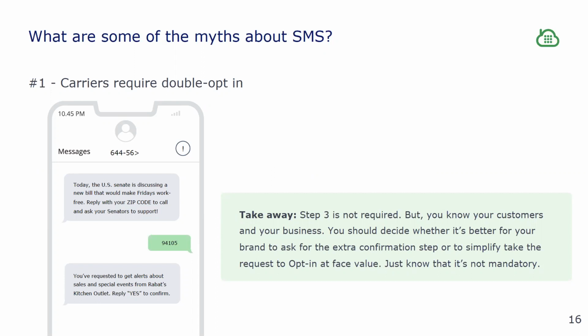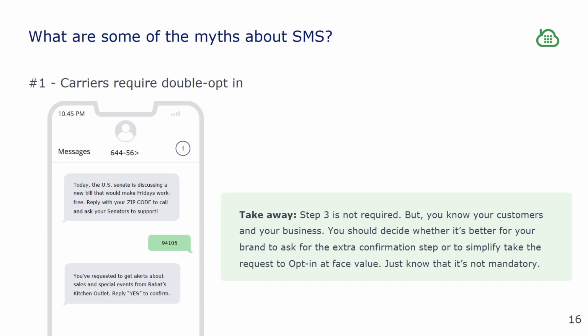So this is definitely not a mandatory requirement by all the carriers or network operators for all number types, especially for short codes. Short codes go through a tedious approval process by carriers and network operators where they do look for a valid opt-in, which can be like a keyword opt-in. Keyword opt-in is where the end users would text in to a short code with a keyword like join or start, for example. And then you have the web opt-in.